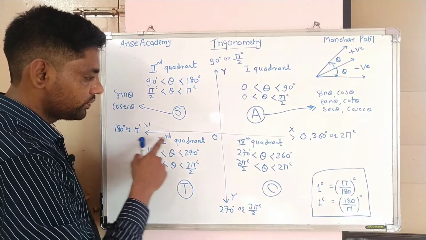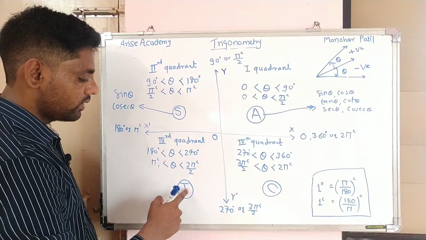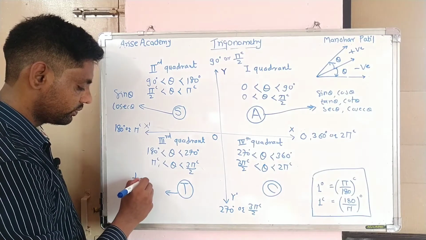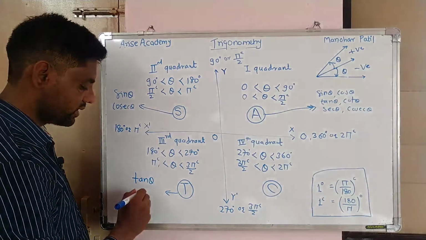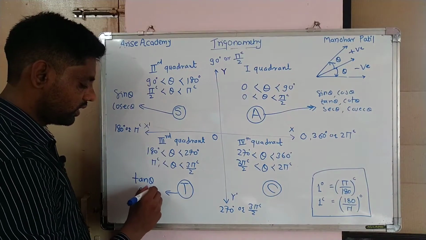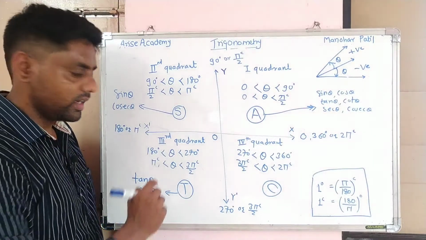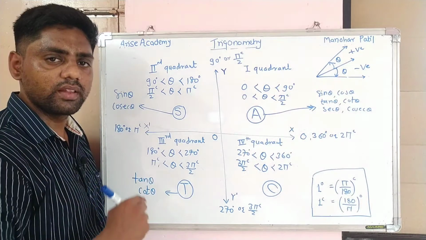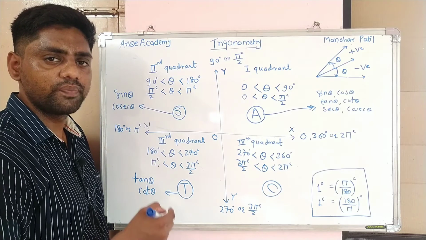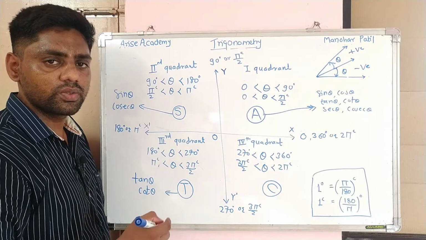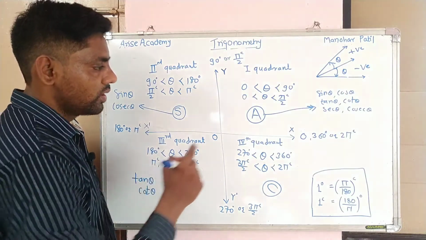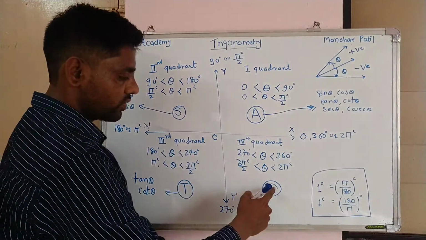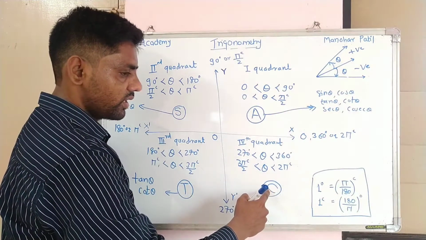In the third quadrant, All Student Take, for T. T means tan theta, and the reciprocal of tan theta is cot theta. So we can say that in the third quadrant tan theta and cot theta are always positive, and the remaining ratios, that is sin theta, cos theta, sec theta and cosec theta, are always negative. In the last quadrant, according to All Student Take Coffee, coffee takes the initial letter C.